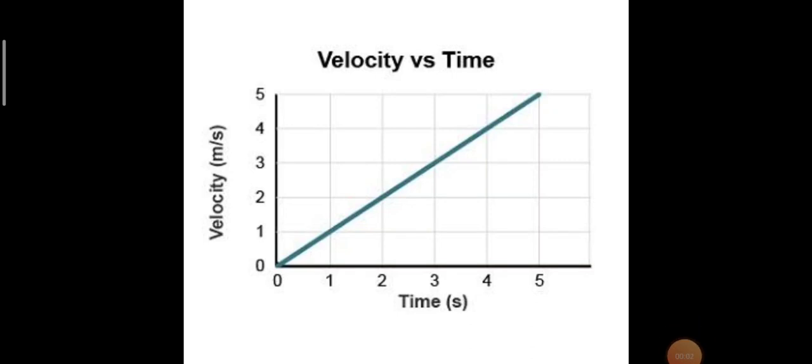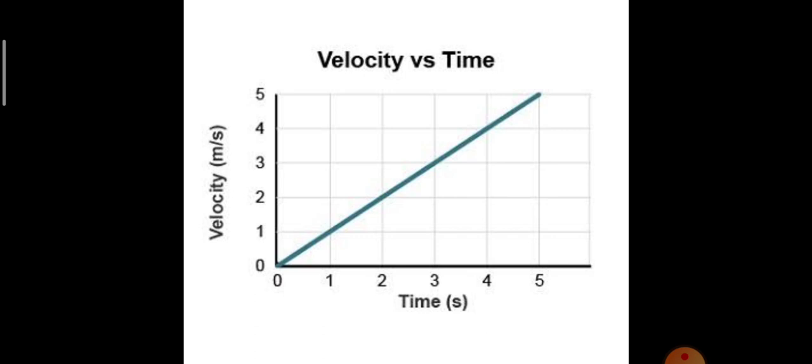Hello dear students. Today we will discuss the velocity time graph for uniform motion when initially the body is at rest. How can we see that initially the body is at rest? Because at time t is equal to 0, the velocity of the body is equal to 0. So we can say that initially the body is at rest. Then the velocity of the body at t is equal to 0 is 0.